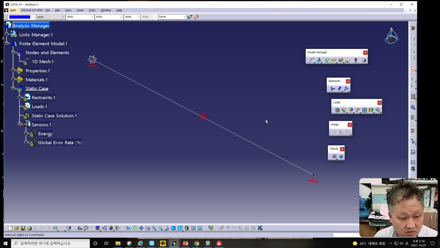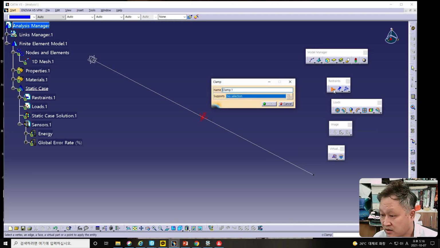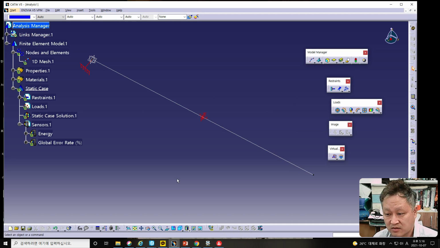Oh, I'm sorry, this is an unnecessary point that can be selected. Therefore I will click once again. Please click the restraint button, and please click this one, only this one, and the next time